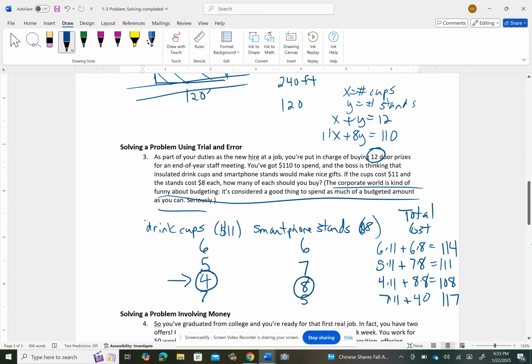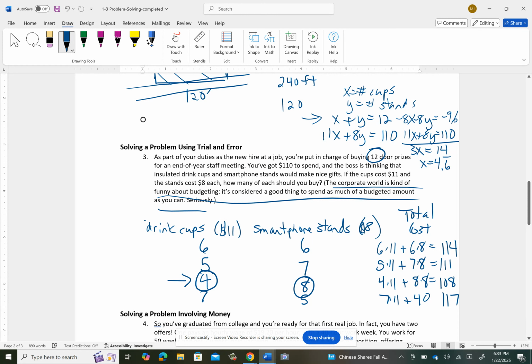All right, so this is called a system of equations. Again, you don't really need to know how to do it this way at this point, but I just thought I'd check my thinking. So what I did was I multiplied this equation through by a -8 everywhere. And then when I add the two equations, I get that 3x would have to equal whatever 110 minus 96 would be, which is 14. And so x would need to be 14 divided by 3, which is